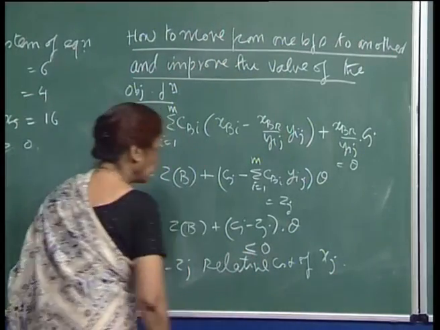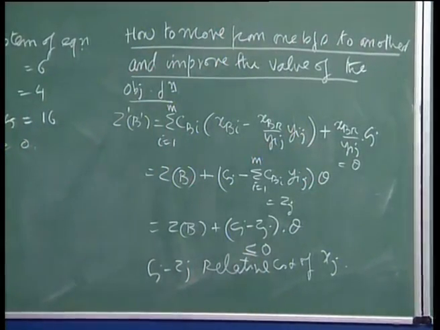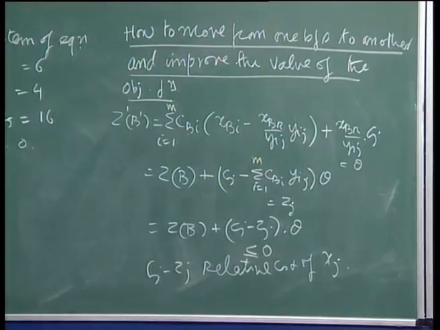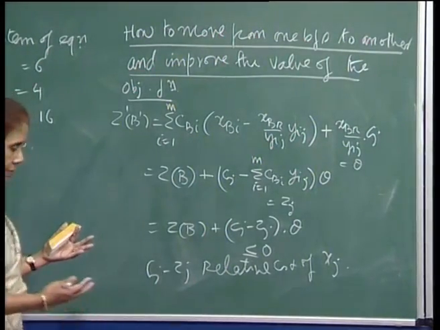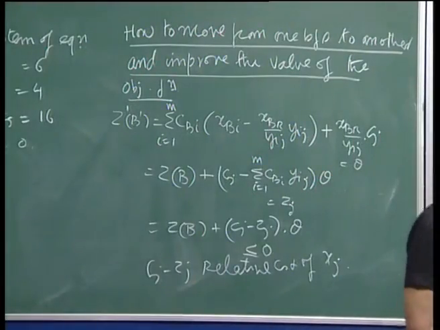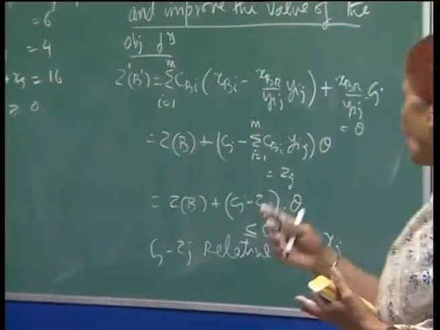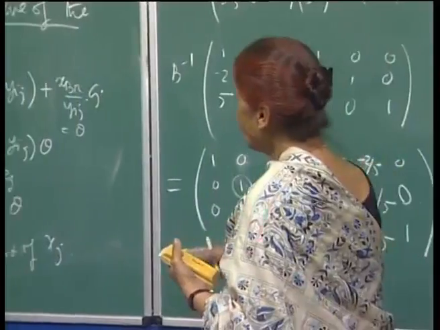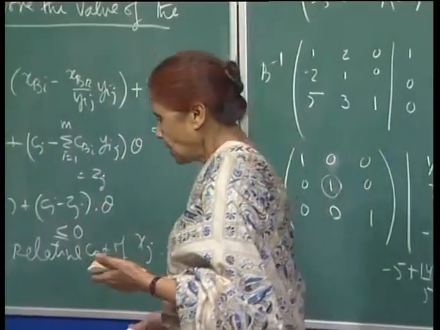So, this will be your this thing, and now we can, right. So, therefore, that means we know that we can go from one basic feasible solution to another, and in the process improve the value of the objective function. That means now